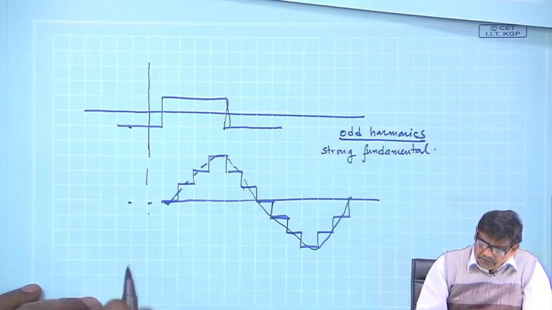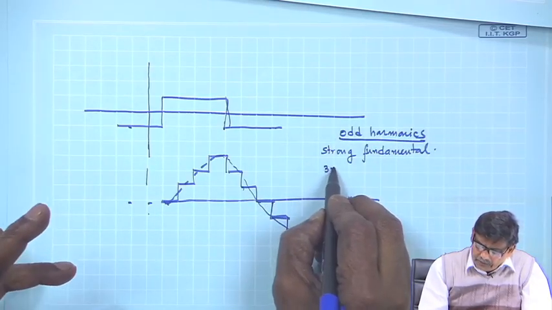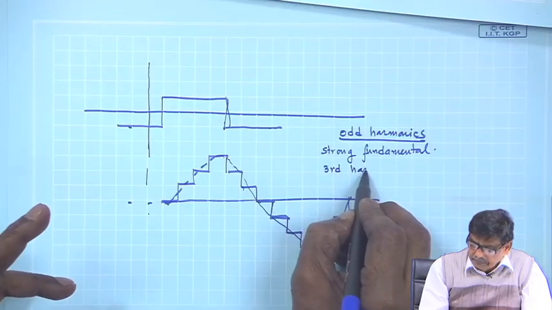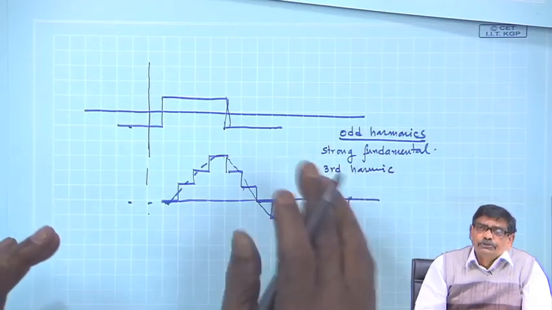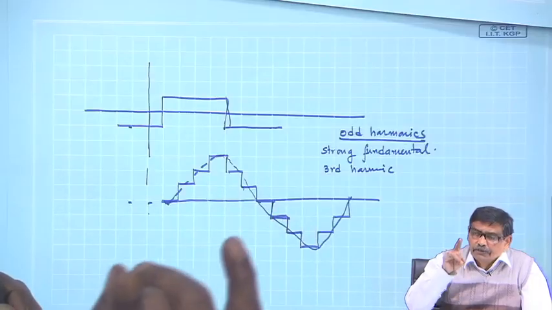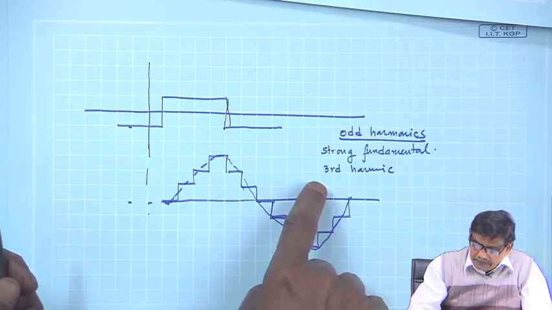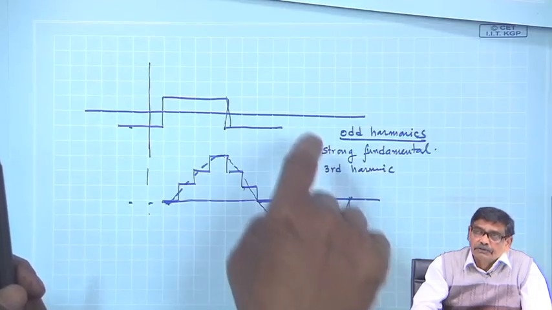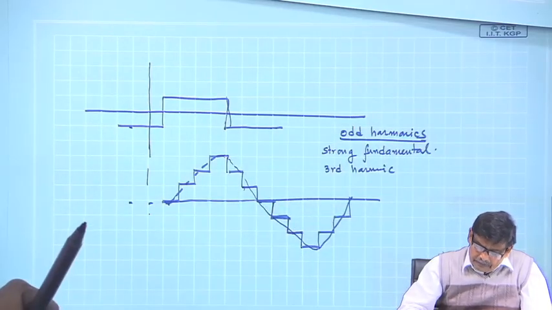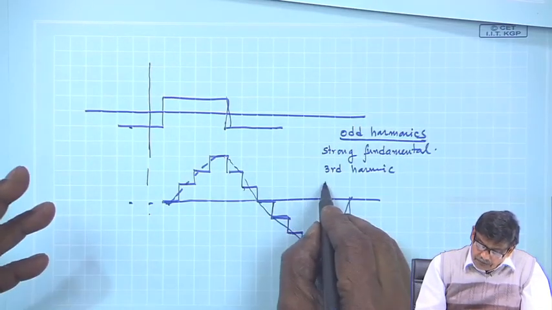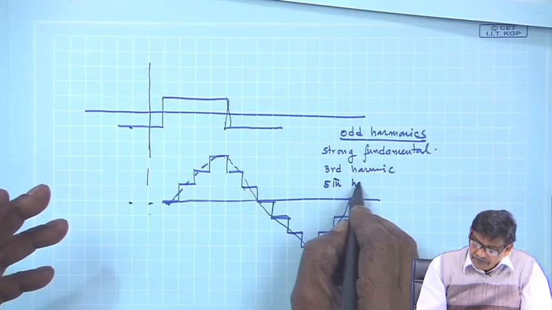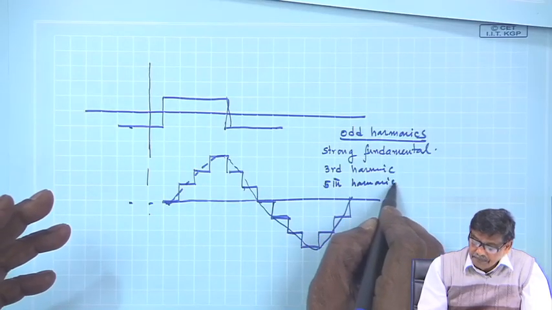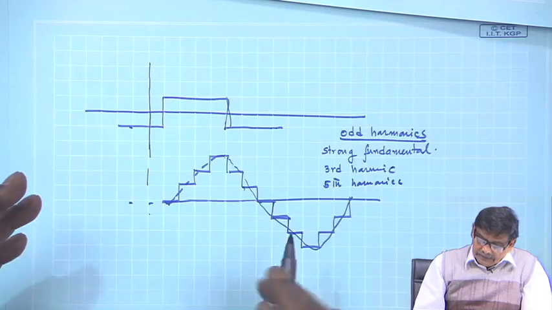So, strong fundamental, then there will be the third harmonic, and the amplitudes, you know, generally decrease by 1 by n. So, that way its amplitude will go on decreasing compared to the fundamental. Then the fifth harmonic, its amplitude will be further less. Therefore,